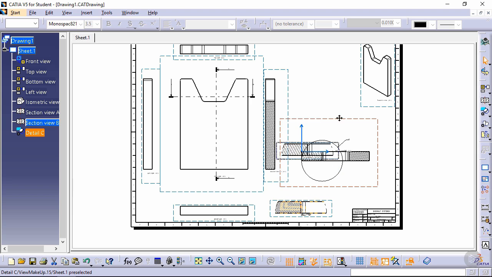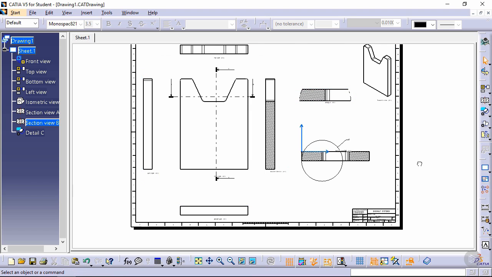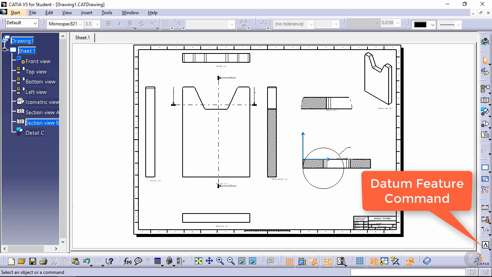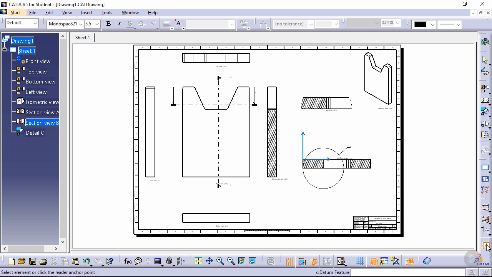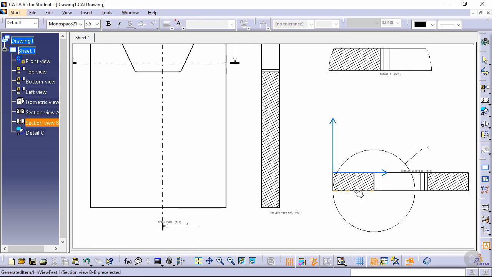I can also place it somewhere here and then choose to not show the blue inferencing boxes on the screen. Now let's talk about datum references. If I want to add a datum reference, I can just go on the right hand side corner on the toolbar and select this icon, which is the datum feature. Left click on it once and then select the edge where I would like to add the datum reference. Say this edge on the sectional view,